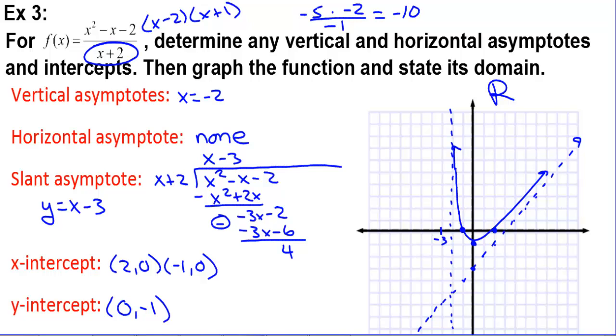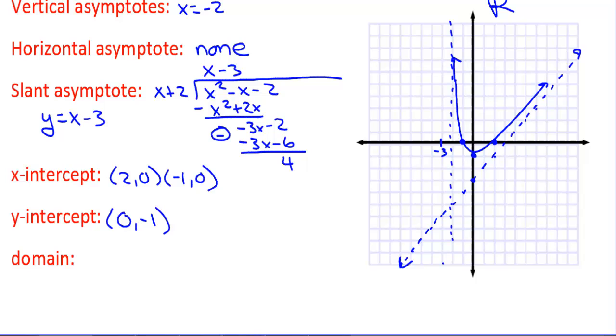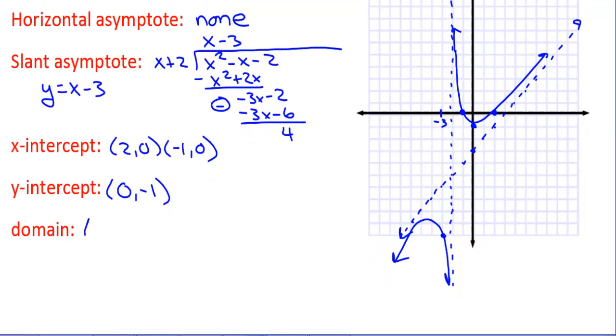So that's going to be negative 10. Our little extra point is negative 3, negative 10 down here, and something like that right there. Our domain is negative infinity to negative 2, union with negative 2 to infinity. Here's our nice